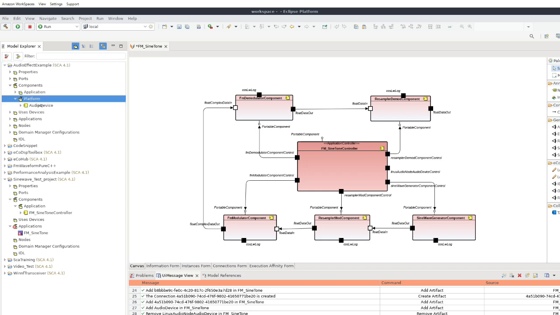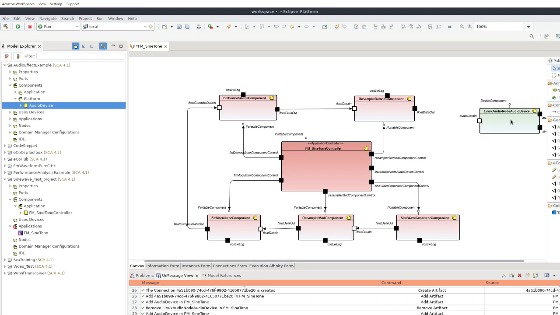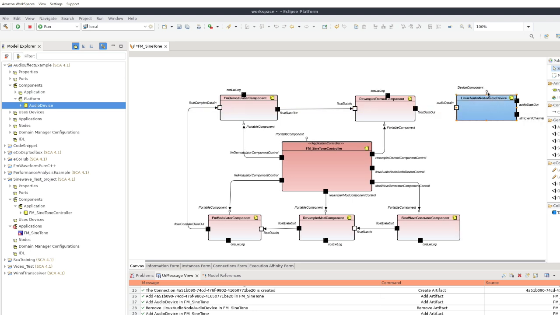We now need to connect the application to the audio device, or the platform speaker. For this, we'll drag again from another project an audio device emulating the speaker of my computer. This is the beauty of the SCA, the reuse of components from previous projects. Then we make the connections for the data flow and the control.